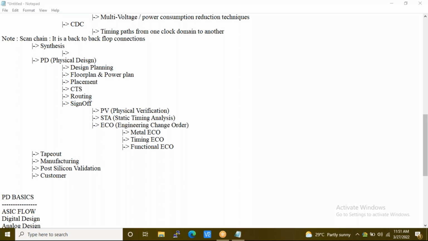Basically, in VLSI front-end domain, we use Verilog, System Verilog, and UVM. Verilog is very similar to C programming. System Verilog is very similar to C++. UVM is very similar to Java. What do you mean by similar? C++, tell me what is the specialty about C++? Can you tell me, Rakesh? We'll be using objects, classes and objects. Yes. So System Verilog also is an object-oriented programming language.